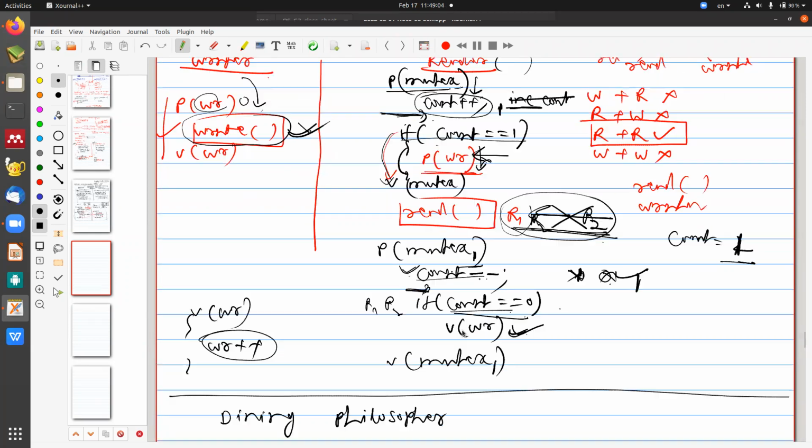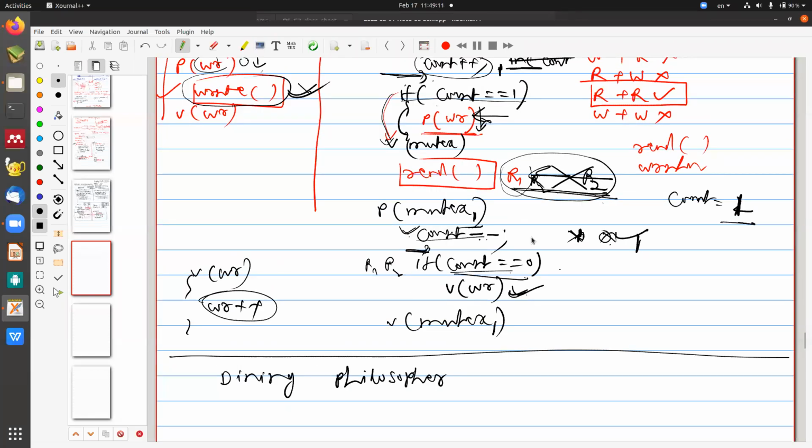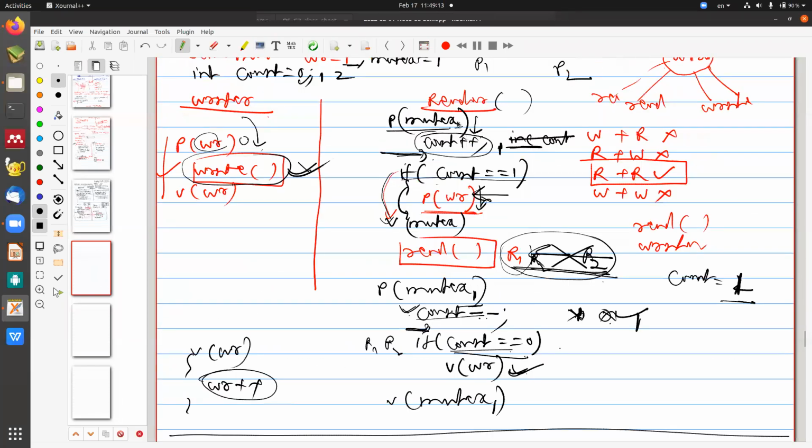So the statement of this problem, what I just asked: what is the mutex and mutex 1? Oh, that you have to normally write. If you can maintain line 1, line 2, line 3, you can say after which line the context switching is happening, by which process, and then what is the count and what is the